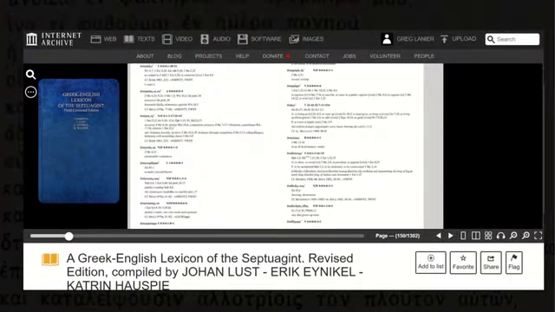Now, LEH is not as expensive as Muraoka, but if you're on a budget, helpfully this one is also available on the Internet Archive, and so you can just search for the title. And in fact, you can see the prior editions. I think there is at least a second edition. This one is the third edition. So very, very helpful that you can have ready access. In fact, you can download this as a PDF and keep it with you. So very, very nice that that is available.